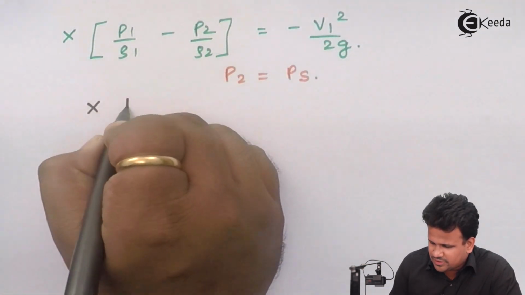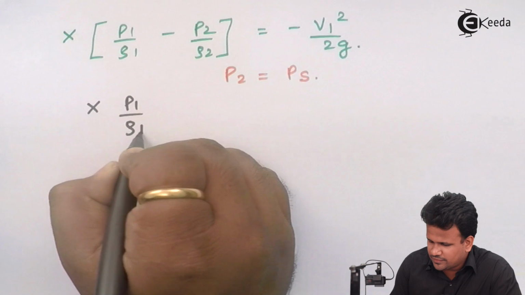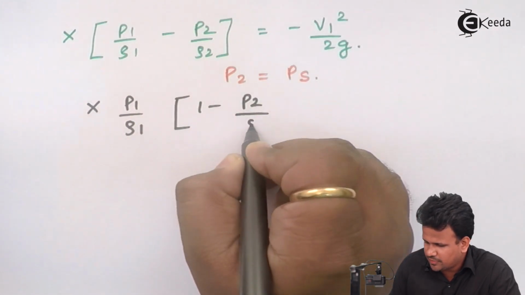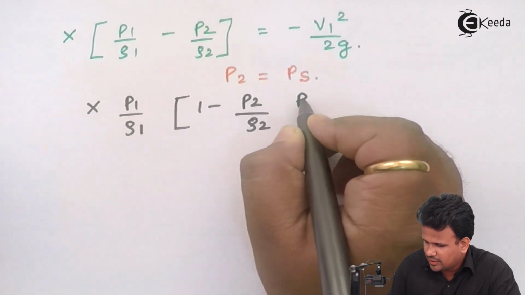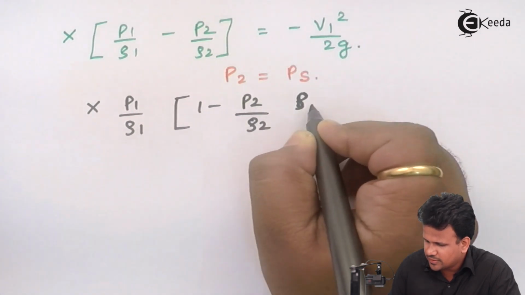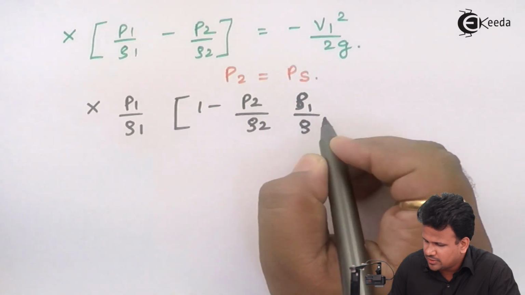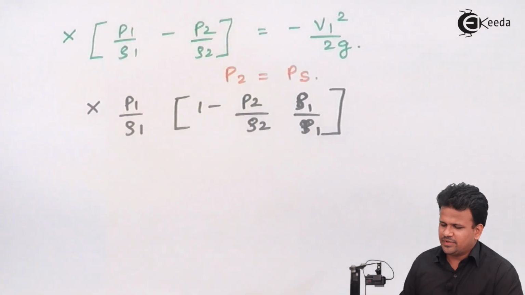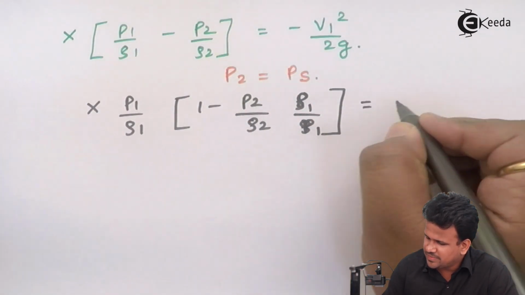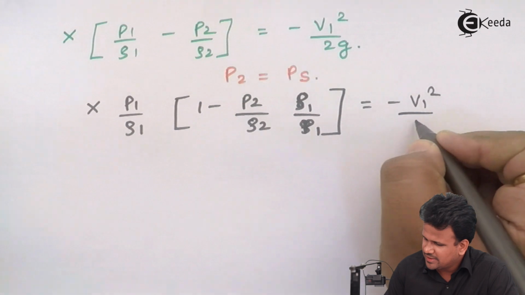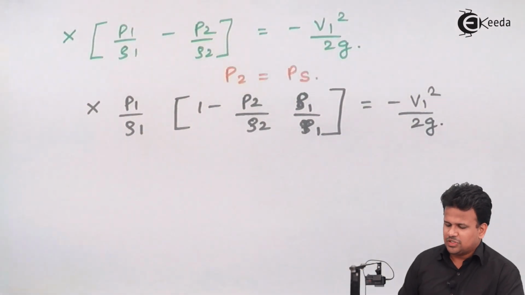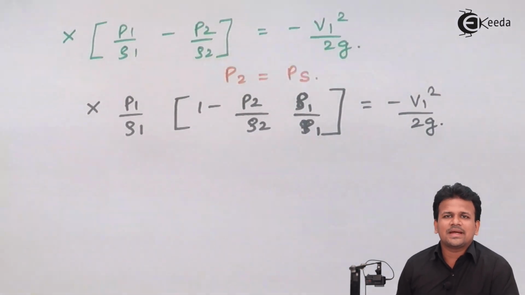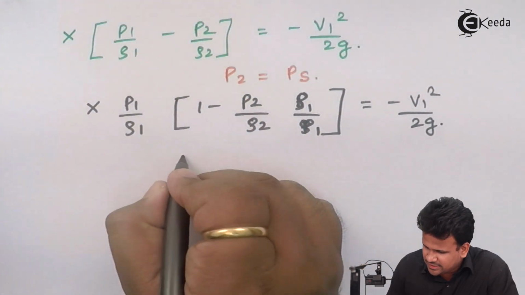Let me take over here: P1 upon rho 1 minus P2 upon rho 2, into rho 1 upon P1. Since we are taking P1 upon rho 1 as common, this will be equal to minus V1 square by 2g. Now we know that it is an adiabatic process, and for an adiabatic process we know that